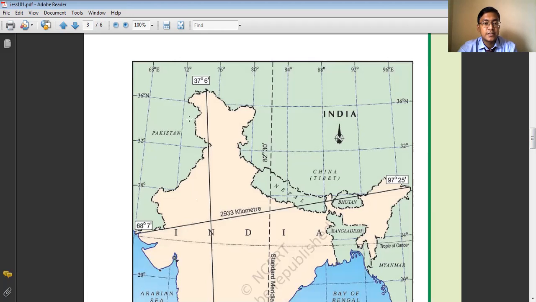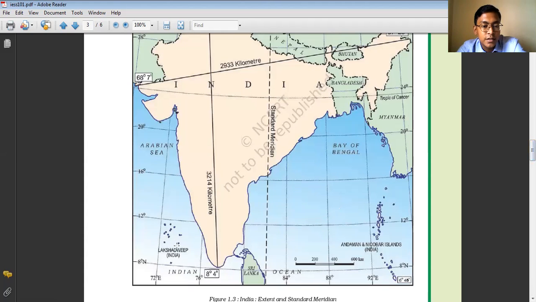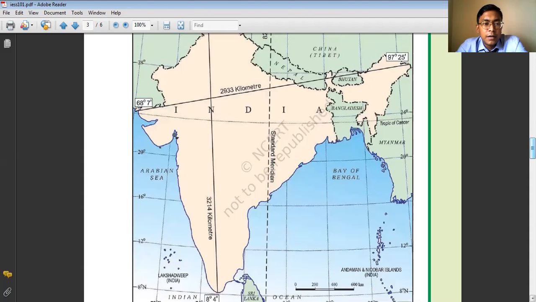Like we have Pakistan and Afghanistan in the northwest. Okay, Nepal, Bhutan, and Tibet, which is occupied by China, in the north. Again, we have Bangladesh on the eastern side. In the northeastern side, we have Thailand, Myanmar and all. And in the southern side, we have two island neighboring countries, that is Maldives and Sri Lanka. So with the countries in the northern and the eastern part, we share our land boundary.